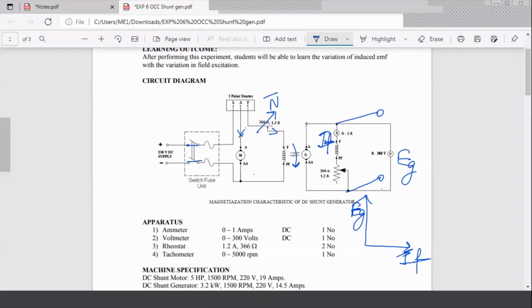Fine. And then you can see here the DC shunt. You are having two machines here, first machine and second machine. Shunt motor, the first one. Both have the same speed here, 1500 RPM. So we keep this, you turn this on, make the rated speed equal to 1500 RPM and leave that system like this. It will continuously give us rotation at 1500 RPM and start measuring the field current variation with respect to EG by varying the field rheostat, by varying this rheostat. Fine, so that is our experiment today.